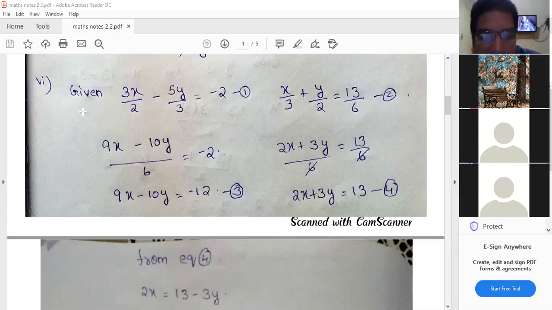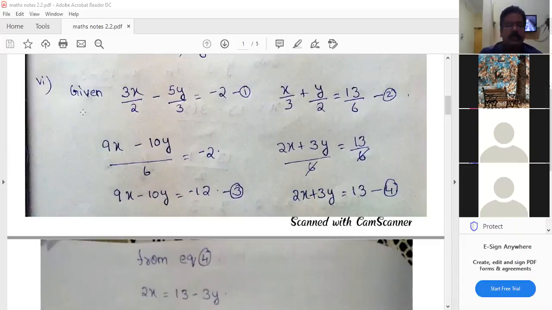First, you have simplified both the equations. In that, I took the simplest equation 2x plus 3y equal to 13, and wrote x in terms of y. We can make y in terms of x also, then you get the x value first, afterwards the y value. Here I took x in terms of y, that's why I got the y value first, then the x value. Both ways you can do it.